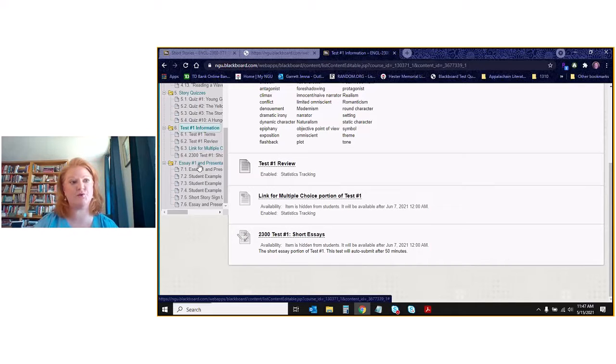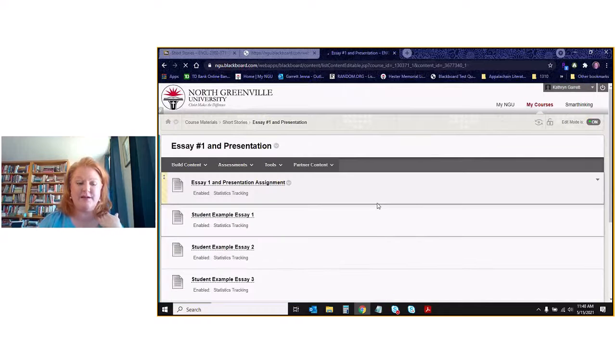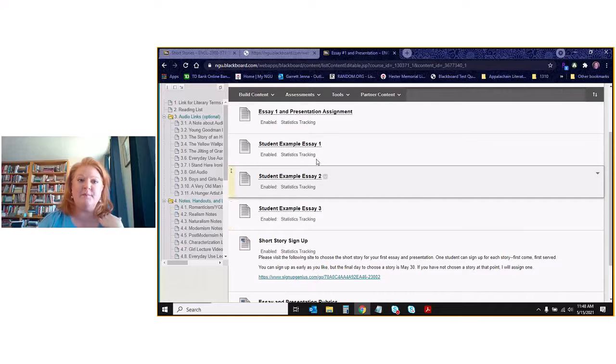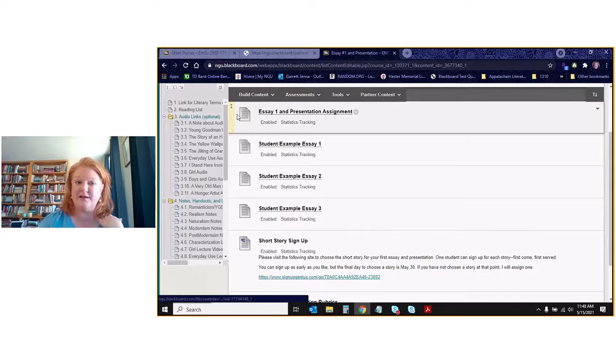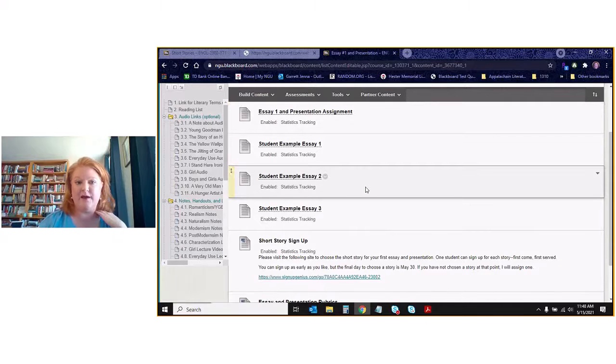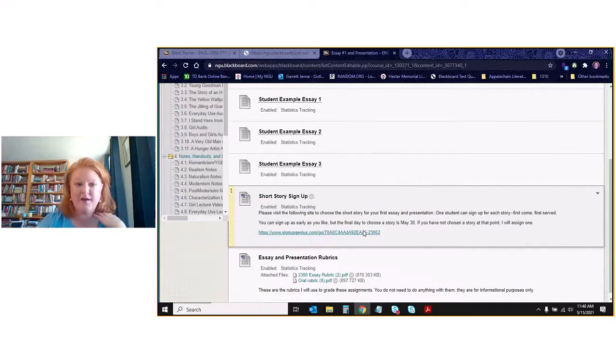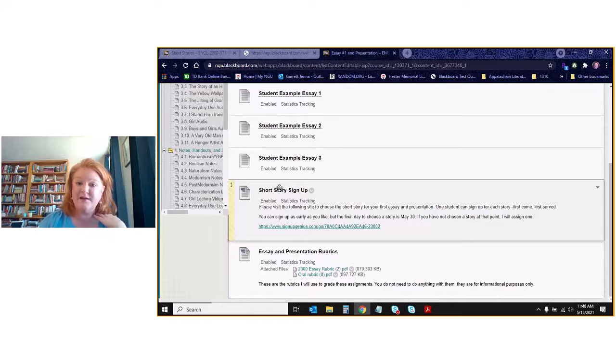All right, and then the last thing for this unit, and remember, not all of this is week 1. Our short story unit goes through week 4. So essay 1, presentation and information. You have the assignment here, which again, I'll go over later. Some example essays, which I'll go over again later. Here is a sign-up sheet. I need to adjust this slightly, but if you click on this link,